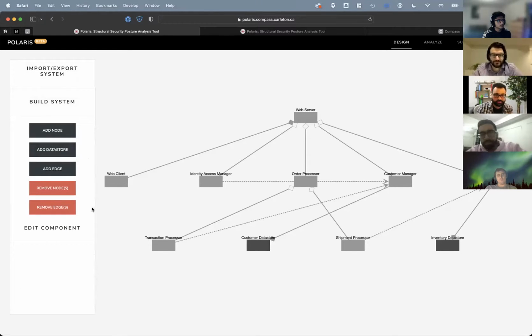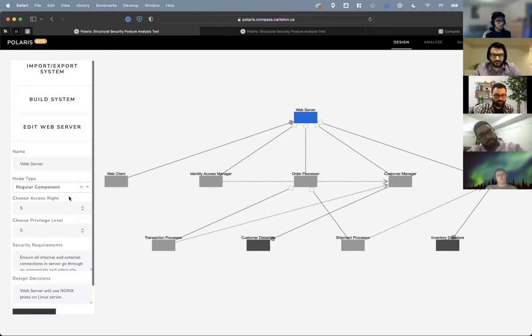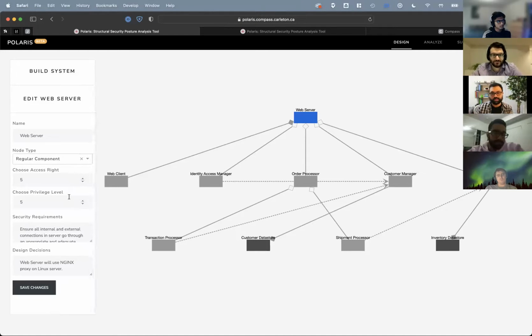We could also build this information here. And then each one of these nodes or components can be annotated with additional information that is useful for the analysis we will perform at the next stage. So for example, in our work, without going into too much detail, key parameters that were important for these components were things like access rights associated with that particular component, and the privilege, right? Like who's able to use this at what level. And you may have come across these terminologies in your daily usage of computers.